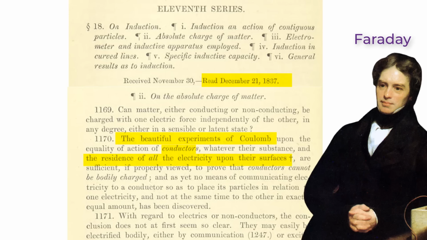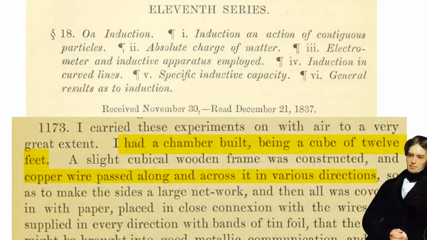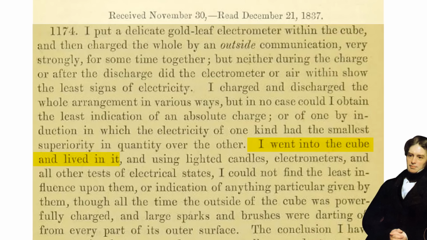51 years later, in 1837, Michael Faraday published his results, inspired by Coulomb, around the effect of charges on conductive containers, where he ended up building a giant conductive cage, big enough to live in, which is how he discovered that not only did the inner surface of the cage not have any excess charge, but also, if electrical experiments were conducted outside the cage, Faraday found that the conductive cage shielded him from these forces.